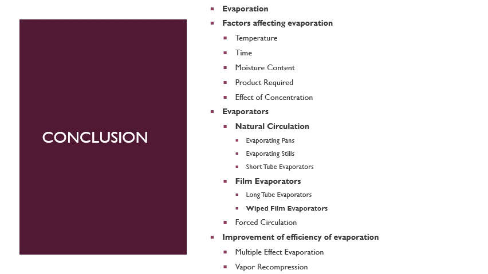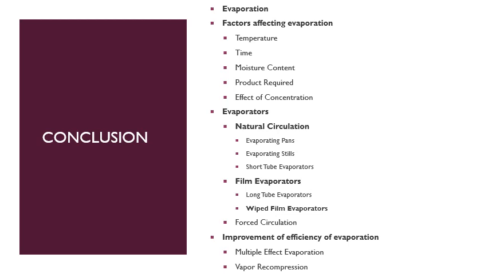So finally we are going for the conclusion. In this chapter we were discussing evaporation. Evaporation is defined as the vaporization from the surface of the liquid, vapors coming out from the surface of the liquid. But as an industrial process, this will be a much slower process. So for industrial processing, we will boil the liquid. So the removal of the liquid will take place from the solution by boiling the liquor in a suitable vessel.